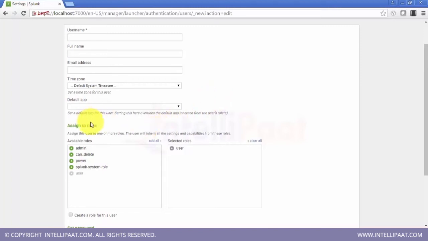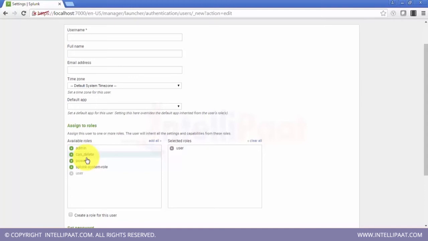Now another part is assigning roles. These are the prime roles that are available in Splunk. The admin role is the highest privilege role, which can do almost anything. This is the highest amount of access that can be given to a user. Then there is can_delete. This is a special role that has been carved out of admin. Even an admin cannot delete an index, because an index is a very sensitive thing. Once you delete an index, there is no going back, and all your data is lost. The delete command used in Splunk is a very prime command, and it cannot be given to even an admin unless requested or he's responsible enough.